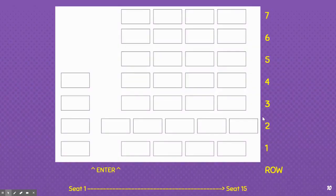We also have some students seated in the tech room. We have 7 rows in the tech room, so this is where you enter. If you can see my red cursor, this is where you enter, and we have 7 rows of tables. So 7 rows, and each row has anywhere from 12 to 15 seats. So if you are seated in the tech room, you report to the tech room first and have a seat, and you wait to be dismissed for your food. So you should have in the tech room a row number and a seat number,